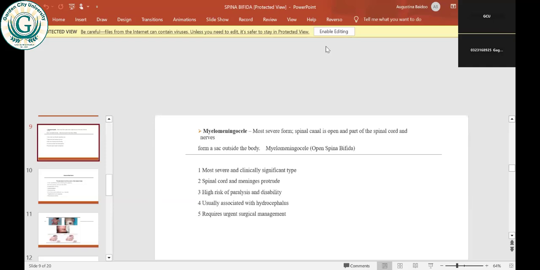As I said earlier, it is also called open spina bifida. With the myelomeningocele, it is the most severe and clinically significant type. 2, the spinal cord and meninges protrude. 3, there is a high risk of associated hydrocephalus. And then 5, it requires urgent